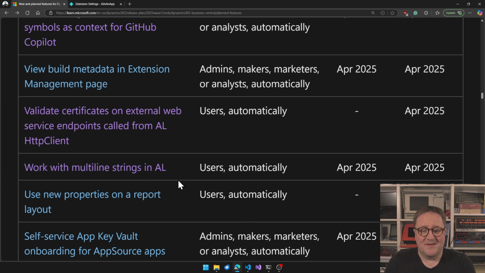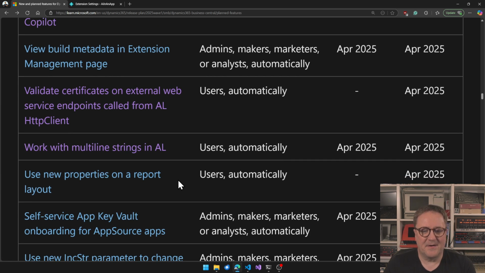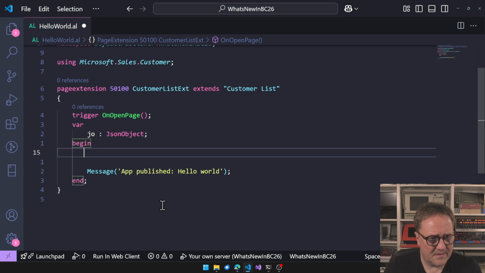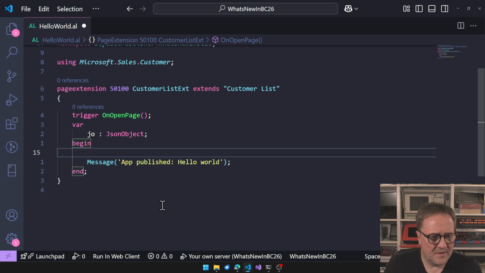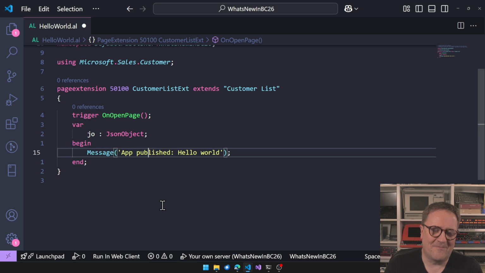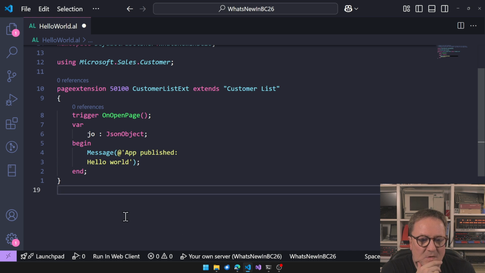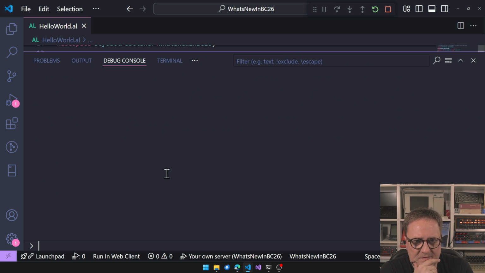Work with multi-line strings in AL. So this is a fun one. A lot of other languages have the ability to define a multi-line string. So let's get rid of this weird never-ending loop here. So let's say you want to format this nicer. What you can now do is that if you put an at sign in front of a string, this is now a multi-line string. Right now it's the exact same thing, but if I do this, then this is a multi-line. You can see the string continues. So if we run this,